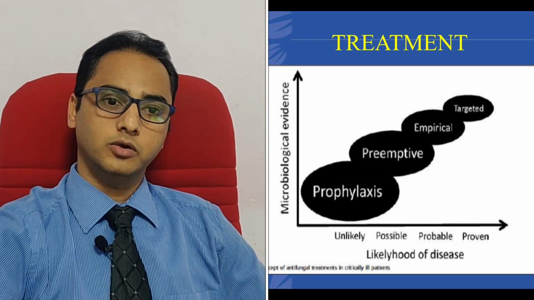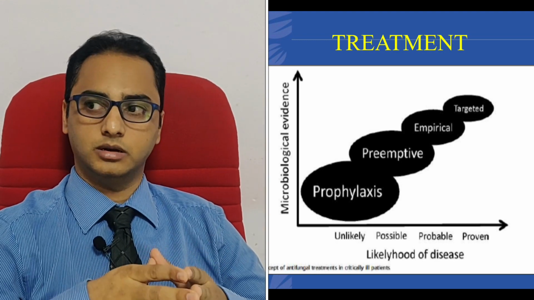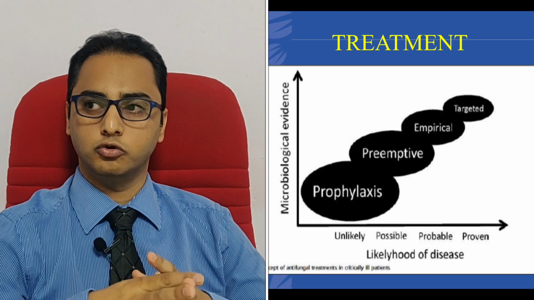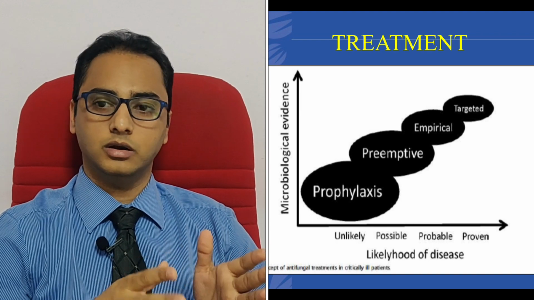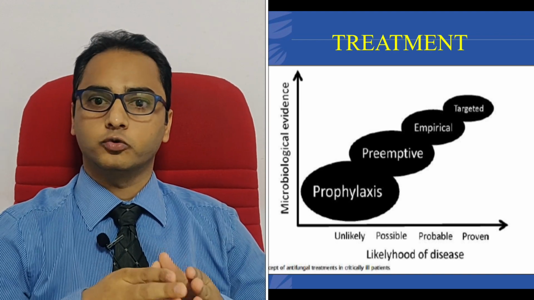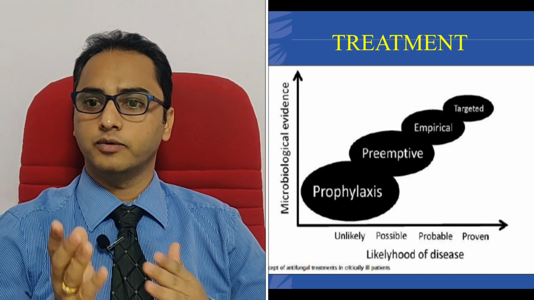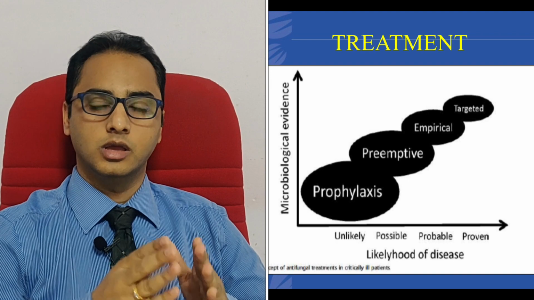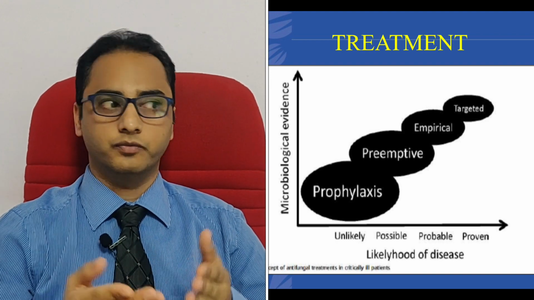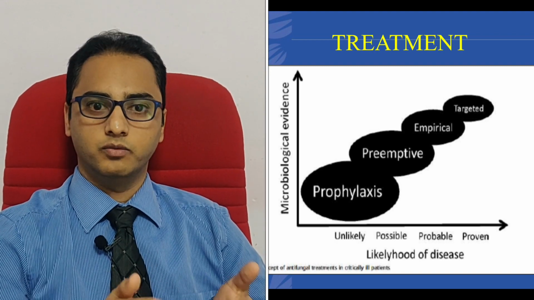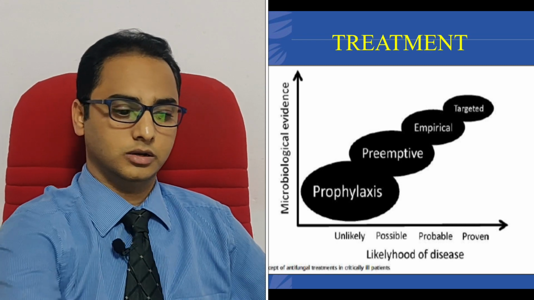Okay, preemptive: the patient is having some risk factors, along with that we have done some screening method, maybe like 1,3 beta D glucan. So if the screening method is positive, then we start them on antifungal, that is called preemptive. Empirical: we know that the patient is having a Candida, but we don't have a definitive species identification, so then we start the therapy, that we call empirical. Targeted or definitive: we have the culture report in our hand, and we know which species it is. So this is about prophylactic, preemptive, empirical and targeted therapy.